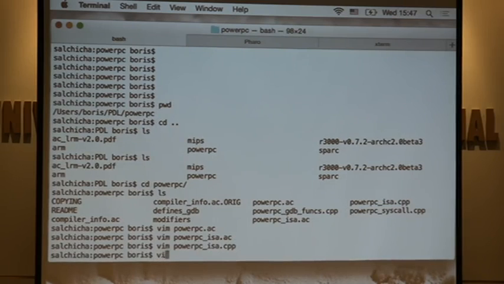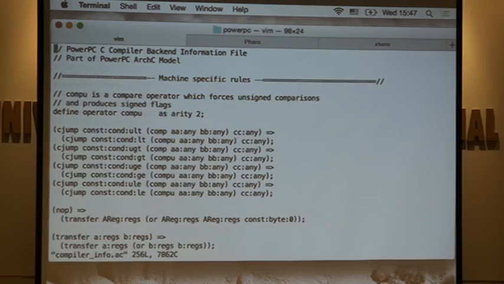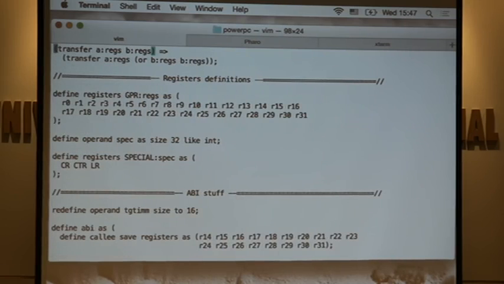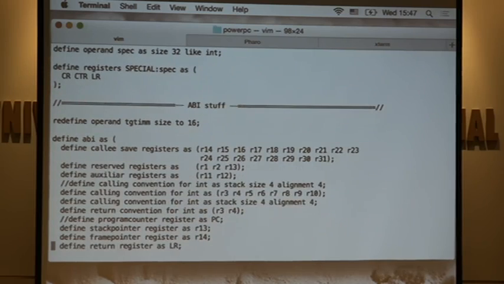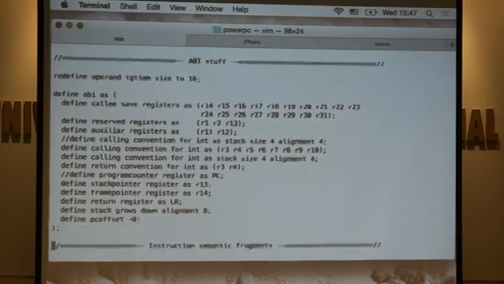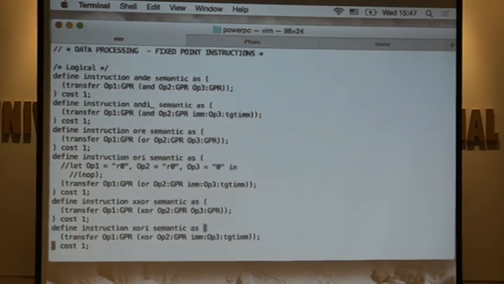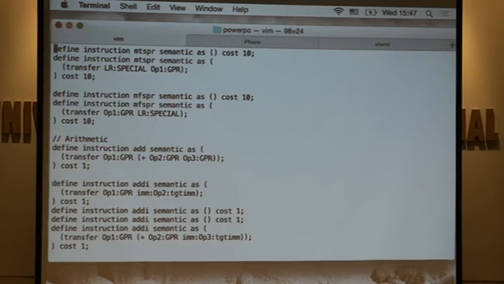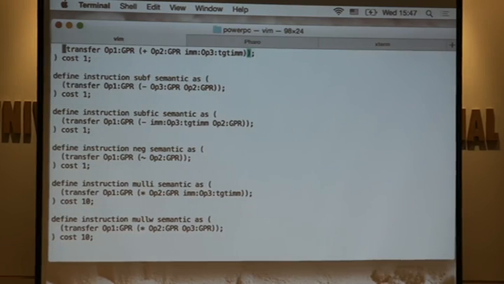So, the ACC Gen additions, that is in this compiler info. It defines your ABIs for some processors, what special registers, but for the sake of time, I'll just show you this really relevant bit.